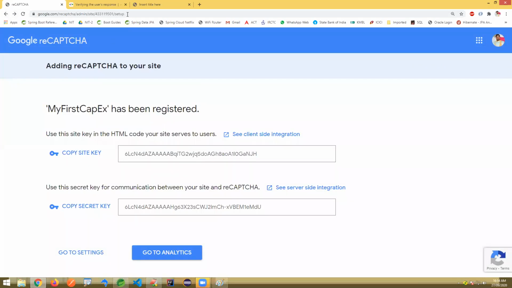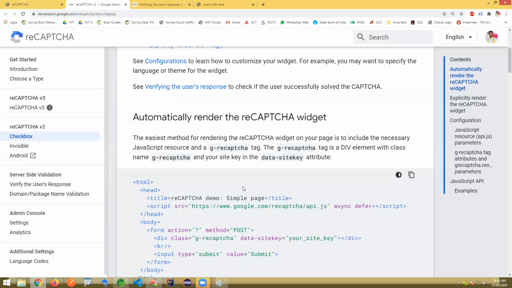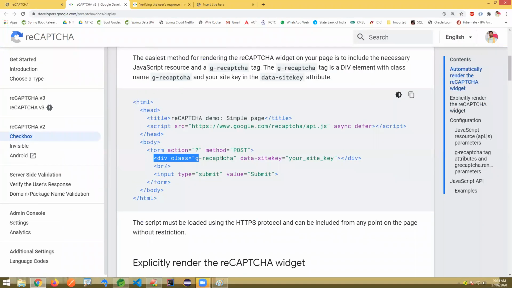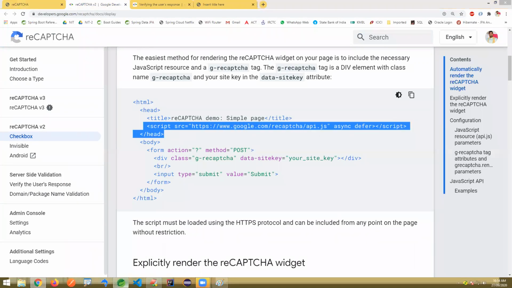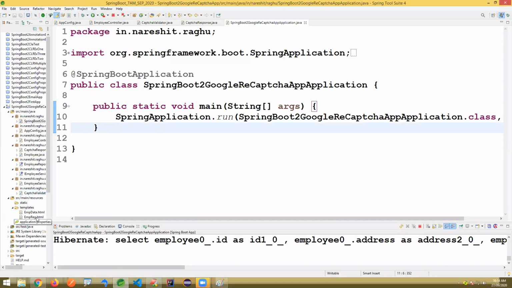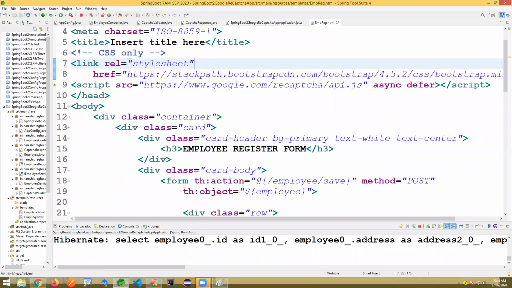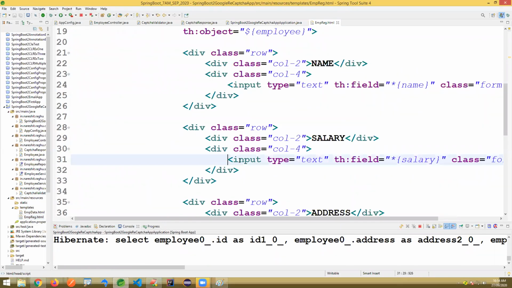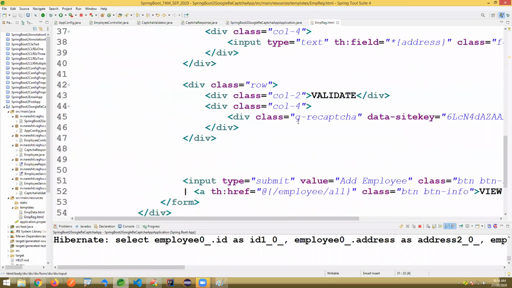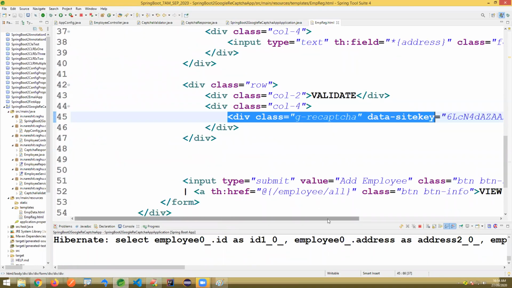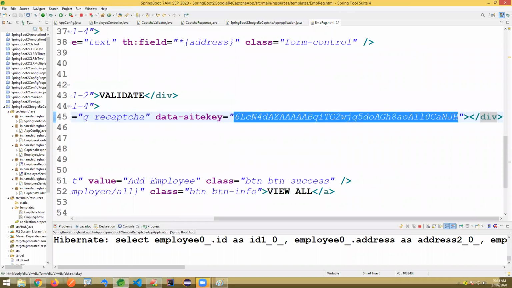Sorry, go to the setup option here. Once you go to setup, there you will see the details like this. This is a URL. You will get the client side integration link. Client side, what we have done, this line we added here. Site key, you can copy from here and also add this script. If you come to the HTML file, there's register. Here we added one line and next a div line. This div line will show the image. This key we need to copy and paste.